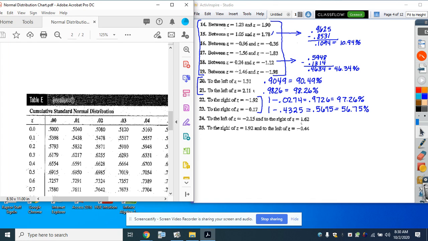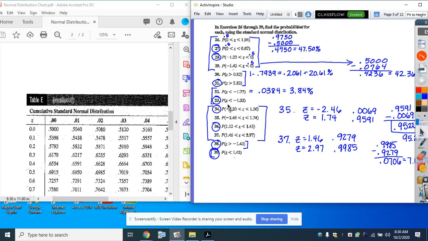The other way that you could see this written is in mathematical symbols, and it's always going to look like this. You're going to have the Z in the middle, and 2 numbers on either side. So I'm just going to quickly run through number 35 with you. If I look up on the chart negative 2.46, I'm going to find that gives me